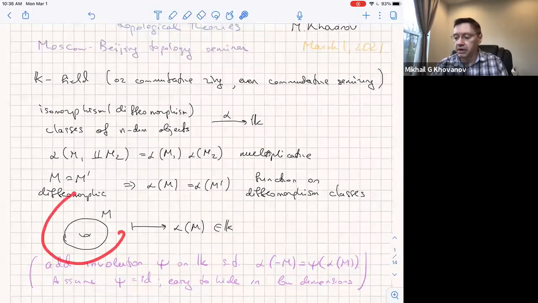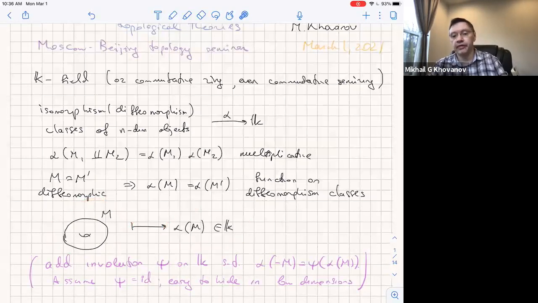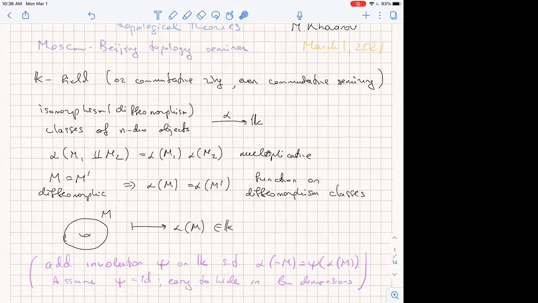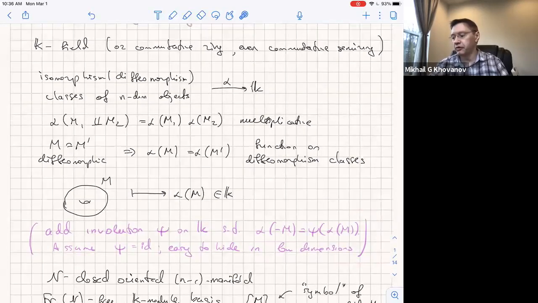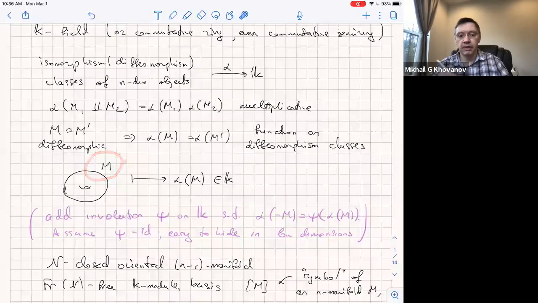So picture-wise, we start with a manifold or manifold-like structure, something topological of fixed dimension n, and assign to it the invariant alpha of M, an element of K. And we're going to look at low-dimensional cases where we can ignore orientation reversal. It's possible to add reversal of orientation using the usual story from TQFTs. We can add an additional involution on our field such that the invariant of the manifold with the reversed orientation is the involution psi applied to the invariant of the original manifold M. So it's easy to add this involution, but we won't need that. Essentially, in our examples, the involution is the identity, and the invariant of manifold M and the manifold with reversed orientation